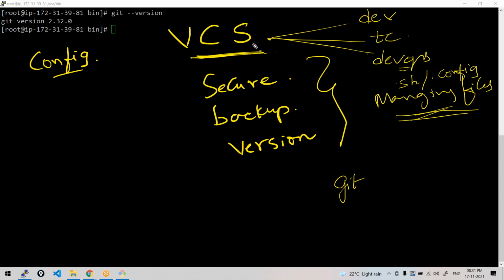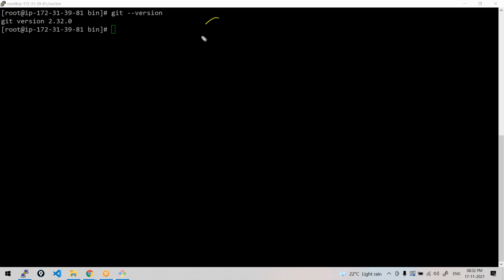Git is a version control system. It can version control files of any extension. If you take developers, they might be writing Java files, .NET files, whatever it is. They might be writing Selenium scripts, UFT scripts, and other automation test scripts. We might be writing Ansible scripts, configuration files, and so on. So anything can be version controlled. Now we'll learn Git first, how to use it to version control our files.